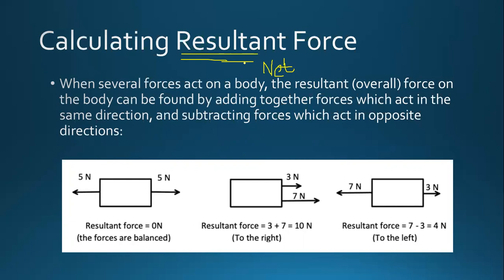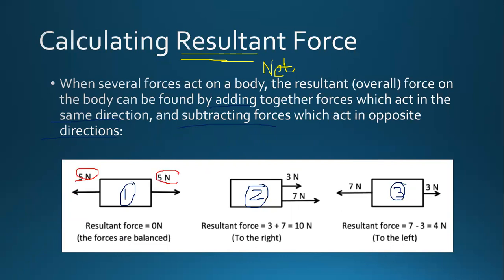अब आपके पास एक ऑब्जेक्ट के ऊपर, now we have three objects over here, ठीक है, आपके सामने तीन ऑब्जेक्ट्स हैं, 1, 2 and 3. अब रूल क्या होता है? Now listen carefully. When several forces act on a body, the resultant overall force on the body can be calculated by adding together forces which act in the same direction. You would add together those forces which act in the same direction and you would subtract those forces which act in opposite direction. So for example, मैं इस पिक्चर में अगर देखूं, I have 5 Newton towards the left, I